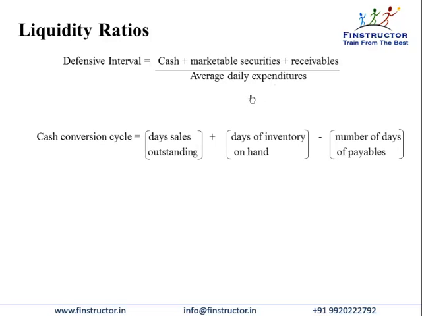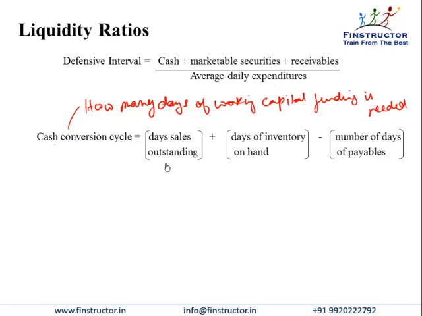The next calculation is a very important one, called as the cash conversion cycle, which tells us as to how many days of working capital funding does the business need. It is calculated as the days of sales outstanding plus the days of inventory minus the number of days of payables. Please note that the first two terms of this equation are collectively known as the operating cycle that we studied in the balance sheet,